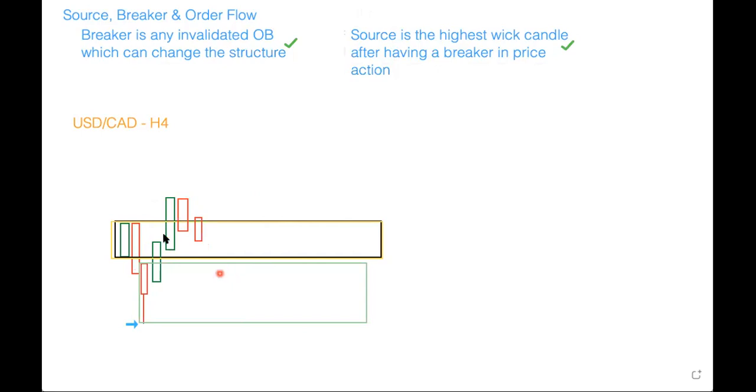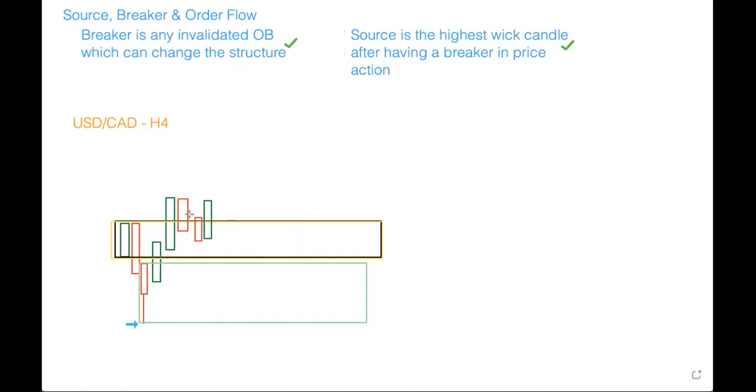So we are getting the retest of the breaker, and then we may push up, or we may go down to retest the source as well. So there is a possibility to retest the breaker only, and if we are going to get a bullish order block here, then we consider this as a buy, because we got the retest of the breaker, and we can see the confirmation as another bullish order block here